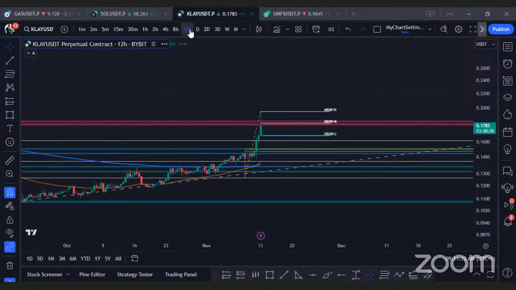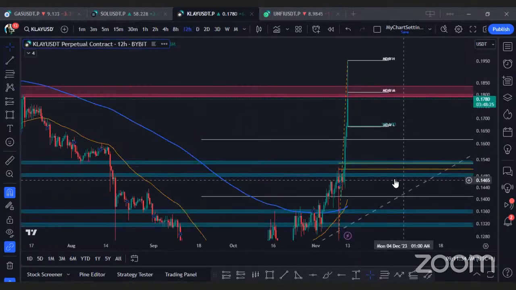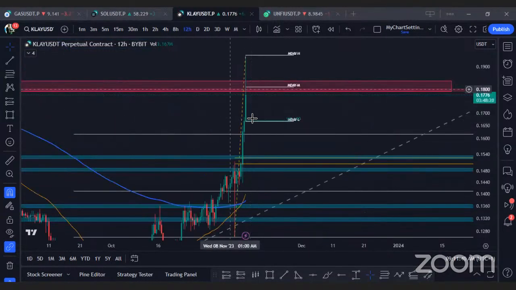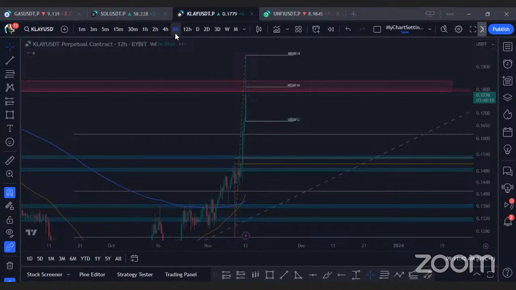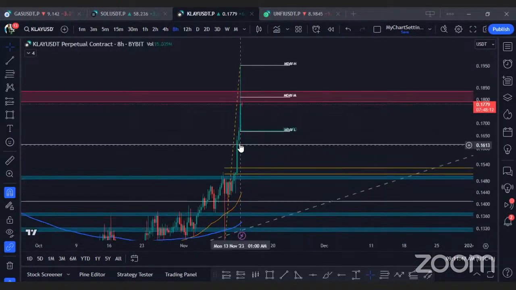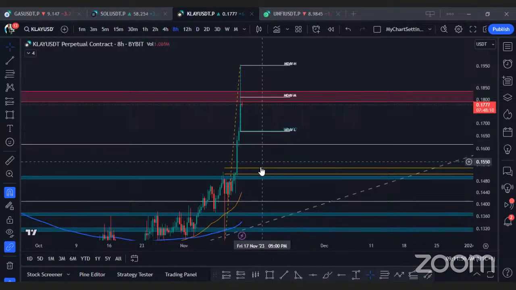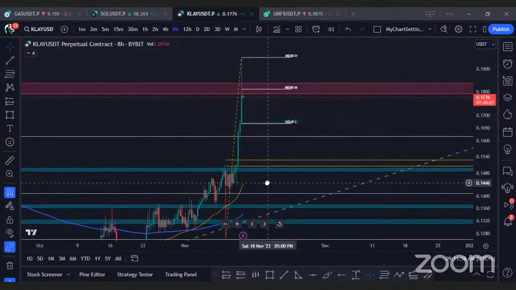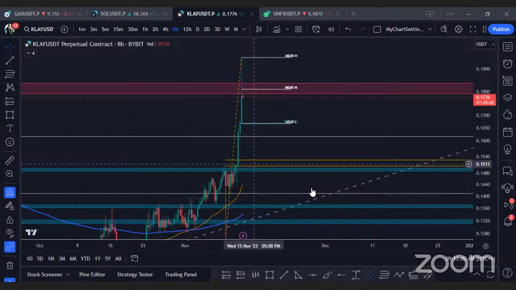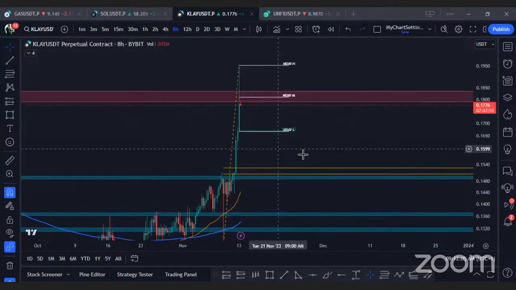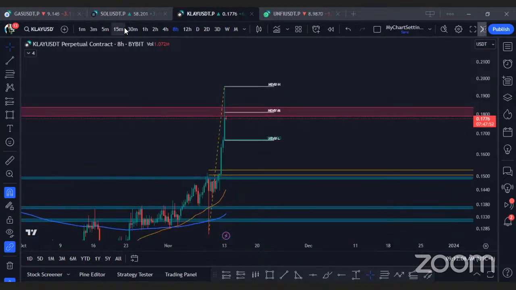For clay, I'll be looking for long. My long will be a pullback to that 382 level. At the 382 level, if I look at a lower time frame, let's see, 8 hours, 382 is here. Let's use that 15 cent level, okay? Let's use this golden level here, guys. Let's use that golden level there. But for clay,